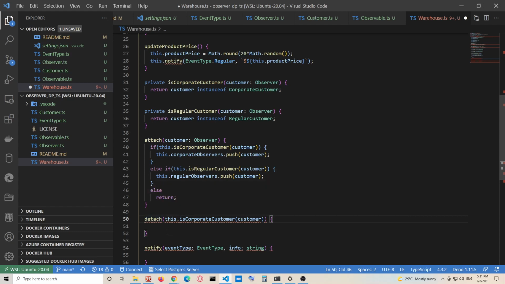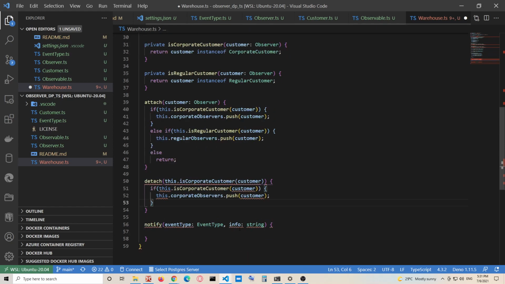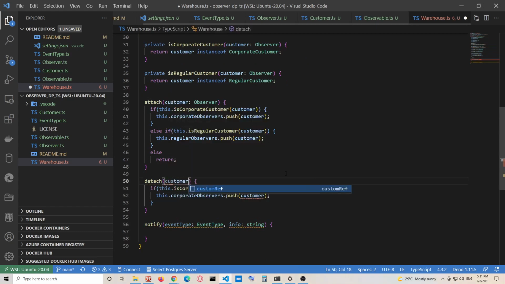So I'm going to copy this just like that and put it here. Attach, detach. This is customer of type Observer, and I'm going to ask if this is a corporate customer, and if so, I'm going to